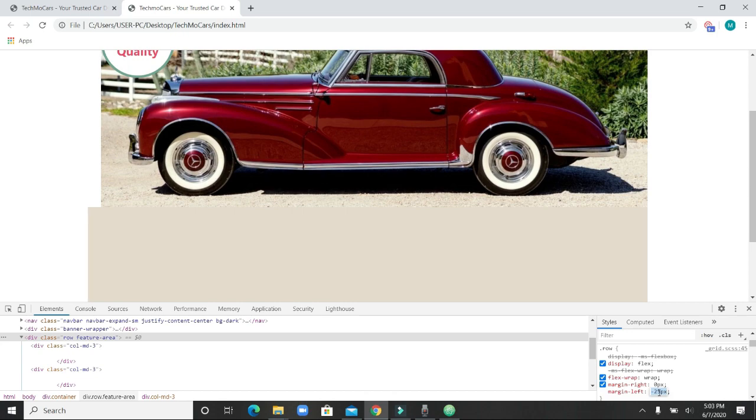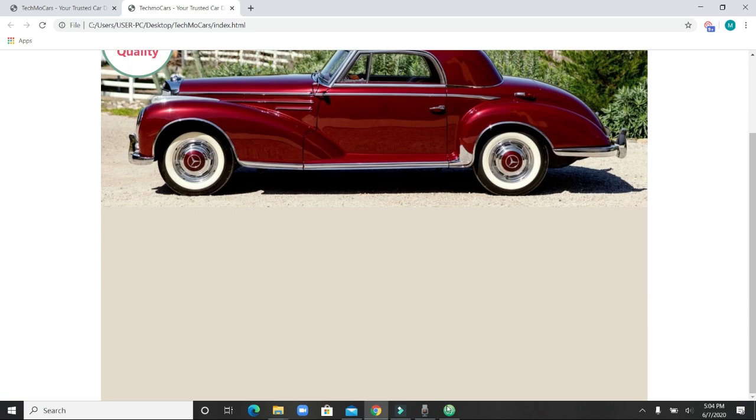Oh, sorry, I'm reducing it. It's actually increasing, not reducing. Yeah, so that is 0. I will change that, but now the way I'll do it, I'll not add it in the CSS, but I'll just come to our